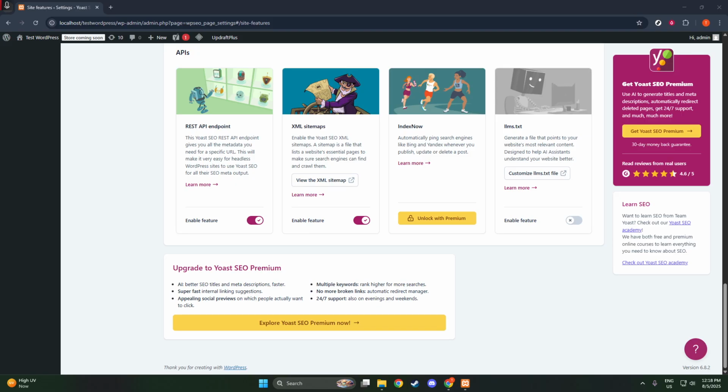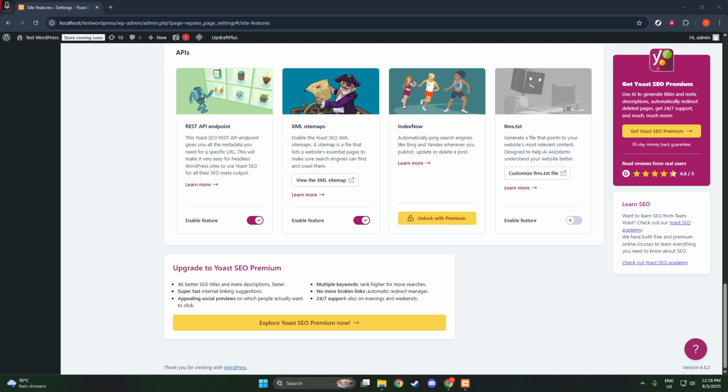Yoast SEO is designed to regenerate the sitemap automatically in certain situations. For example, whenever you publish, edit, or delete a post or page, the sitemap is updated. Likewise, if you change any of your SEO settings or switch off and then back on the sitemap setting itself, Yoast takes care of refreshing the sitemap for you. However, there might be times when you need to force a refresh manually.